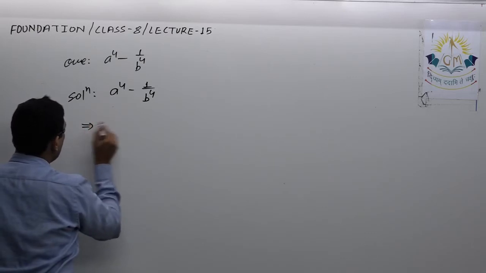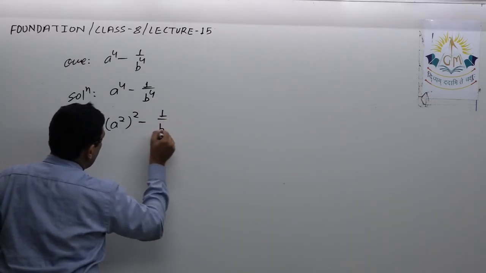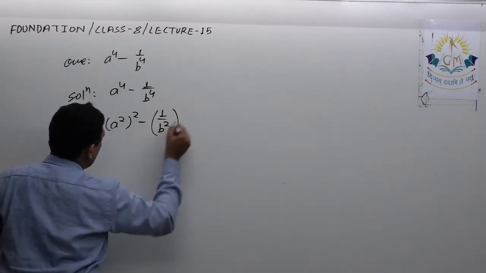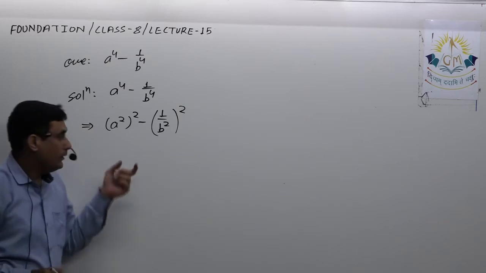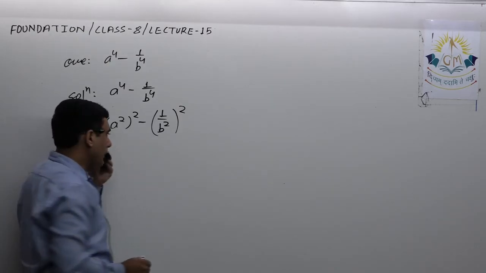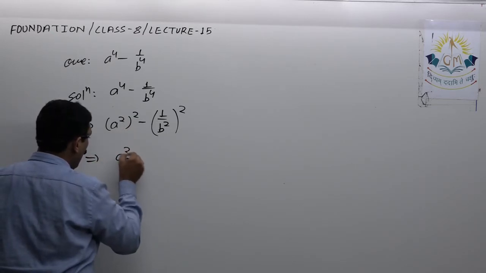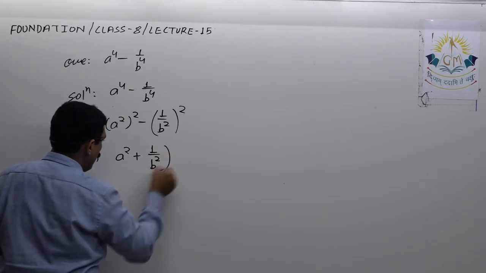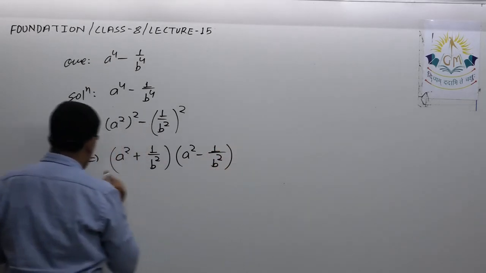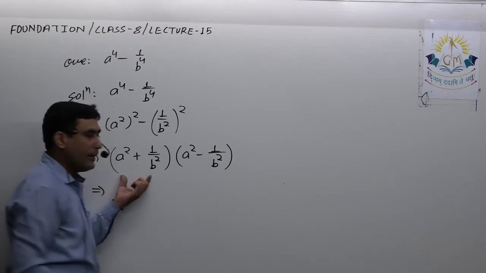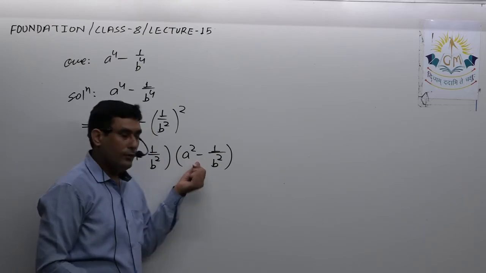So first I write these in the form of complete squares in this way. I can write this as a square whole square, and here I can write 1 upon b square whole square, isn't it? So this gives me a square minus b square, so a square minus b square. So here a plus b into a minus b. On solving it further, this remains as it is because there is a plus sign. We do not have any identity, but here there is a minus sign, so we can apply the identity.